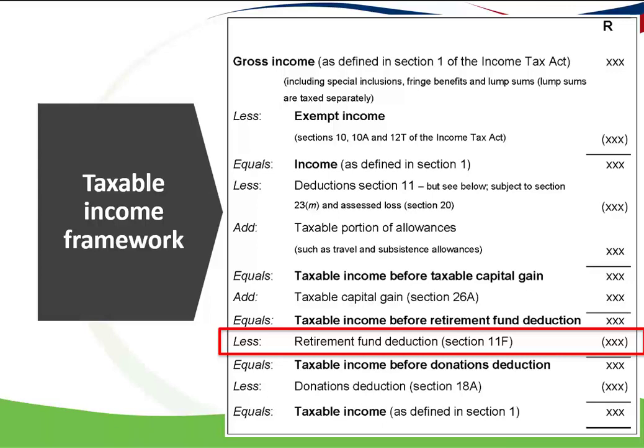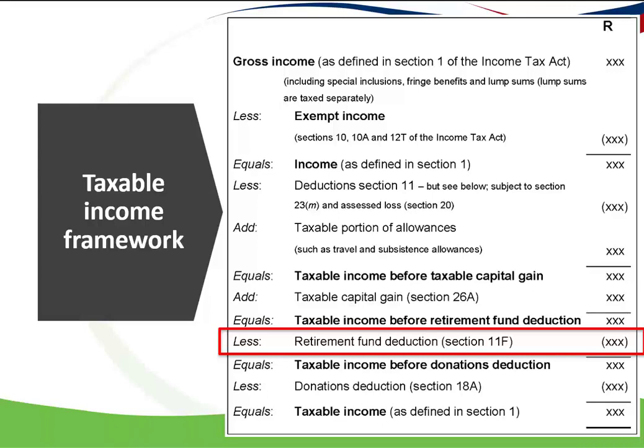So in a longer question, or if you're helping a taxpayer with a taxable income calculation, I just want to remind you again that you will have included all the gross income amounts, exempted any income that is exempt in terms of the specific sections. You would have deducted the other Section 11 deductions and the assessed loss. You would have added the taxable portion of the subsistence allowance and the travel allowance, and you would have added the taxable capital gain at 40% inclusion rate. And so now you get to taxable income before retirement fund deduction,